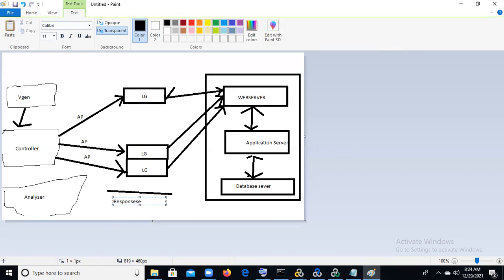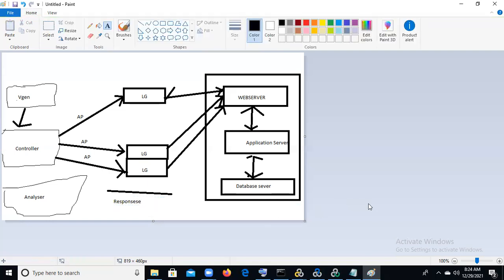Response means the system is triggered first. Once we trigger this, it goes from the controller to the LG, to the web server, to the application server, to the database server. The database server searches for the username and password, for example. If it is there, it sends to the application server, then to the web server and back to the system. Okay, Jojo Bean is in the database, so it went to the next page. If it is not there, then it will send that response also.